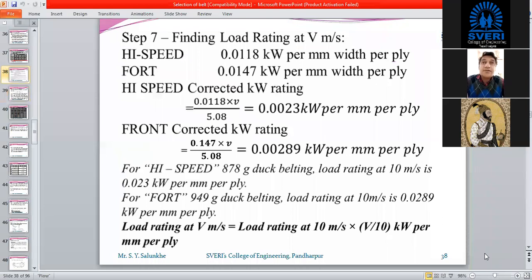Somebody has written a comment. Yes. 5.08 value, how come it? Okay. This is a standard value which has been provided by the manufacturer. And this is the factor by means of which we are going to convert that actual load to the load rating, and that is for high speed as well as for front belts.